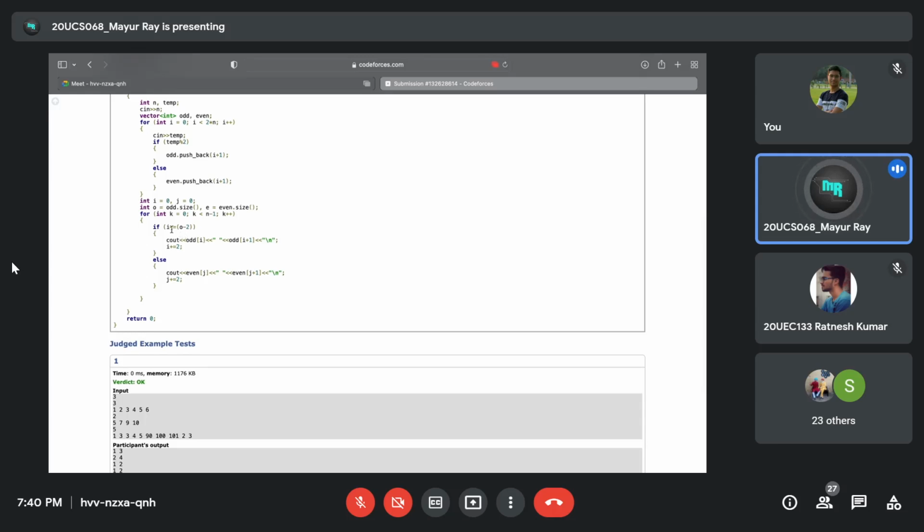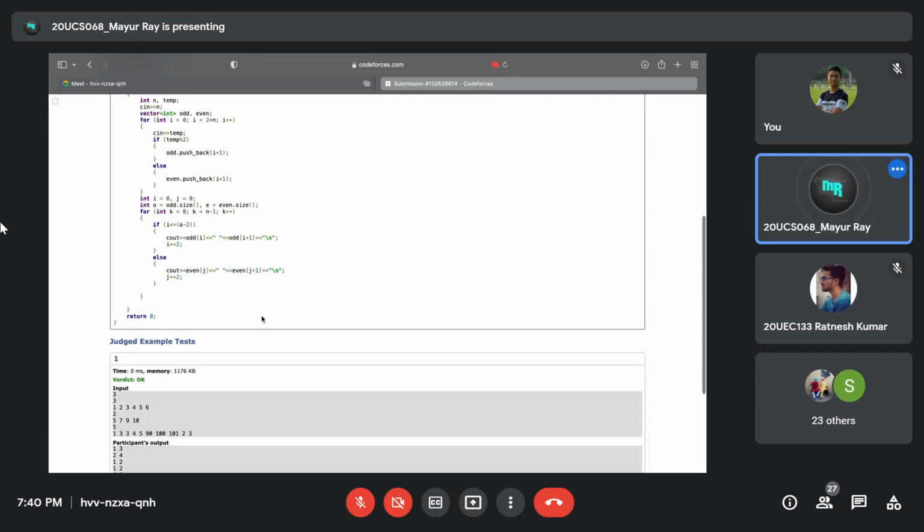So I have to come out of that part. I have taken O minus 2 because if there are 5 elements, then 5 minus 2 is 3, and 4 is greater than 3. The statement will be invalid, so it will come out from that part and it will go to the even part. The same thing I did in the explanation, I have done here. I have printed the odd elements at first, and then I printed the even elements here.